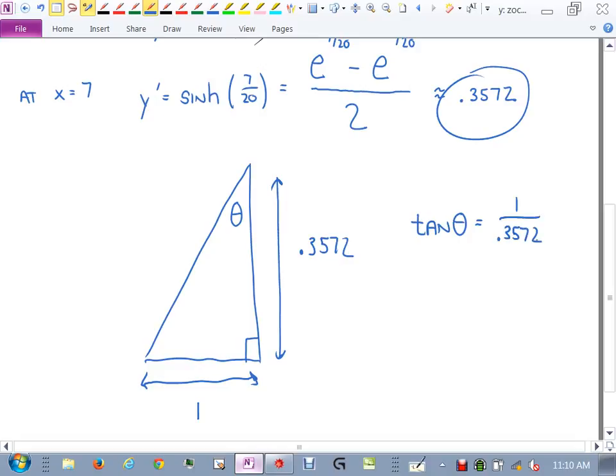And I'm trying to figure out what theta is, so what can I do here? Inverse tangent on both sides. We'll get theta is inverse tangent of 1 over 0.3572. And again, get on your calculator, type it in, and make sure you're in radian mode if you want your answer in radians. If you want it in degrees, then switch over. But know what you're getting, right? You should get in radians